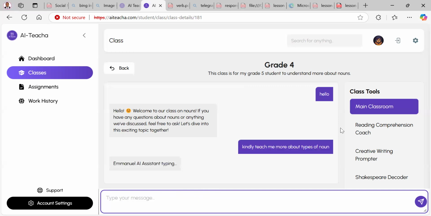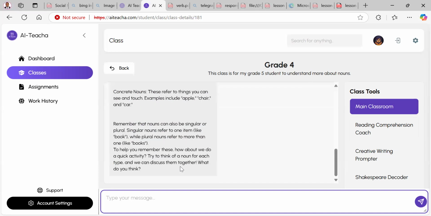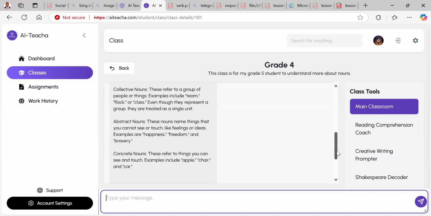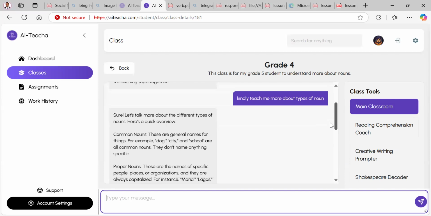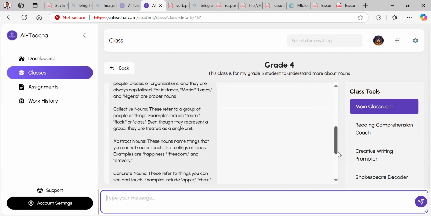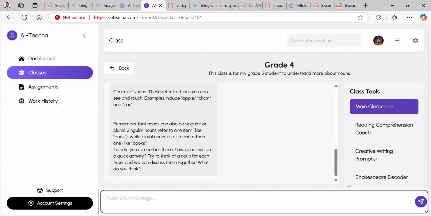Okay, so now the thing again is that this is going to personalize learning to each student. So the way it's going to talk to a particular student will in fact depend on how fast the student is able to learn. So it's going to begin to personalize the learning for that particular student. So yeah, this is how it works. It's that simple. Students are able to join, and then they're able to go ahead and chat with the AI. Then the AI is able to give them proper feedback and all of that. I hope that clarifies your question,